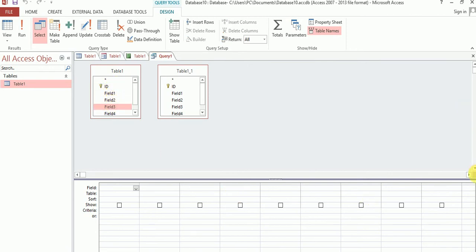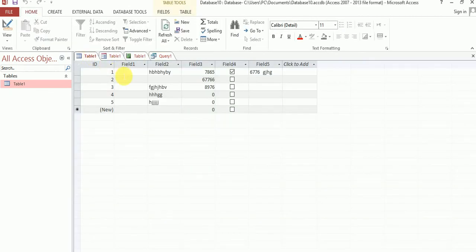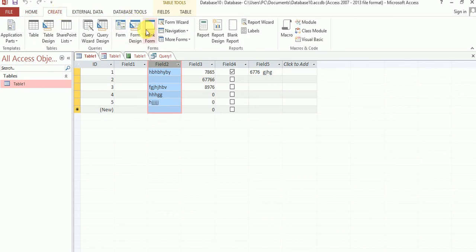You can see query. Query is a question put to the database to view the records matching the criteria defined by you. Okay, using a query, you can view or manipulate a selected set of the data stored in a single table or related tables. Suppose I want to select this one field. Okay, so now click on query.